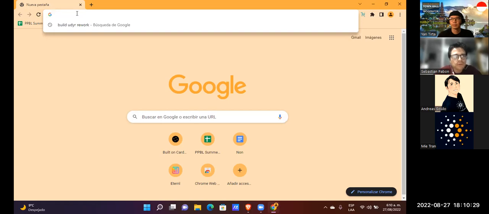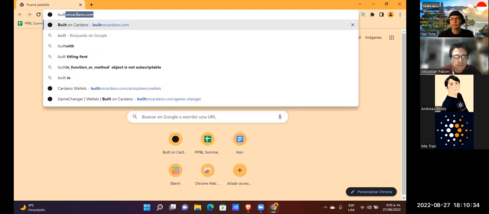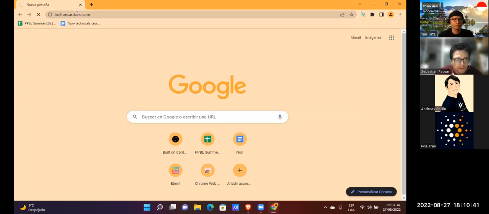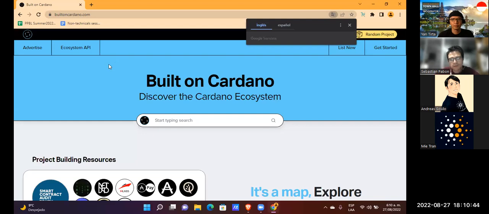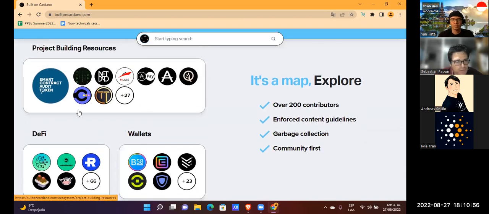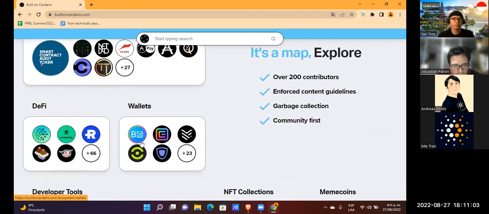We are going to start exploring a tool named Built on Cardano.com. This tool shows all the tools at disposition in Cardano.